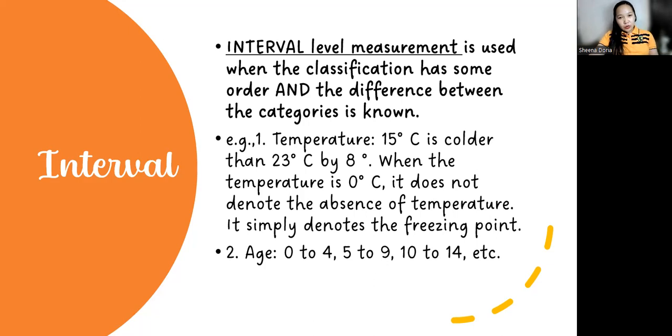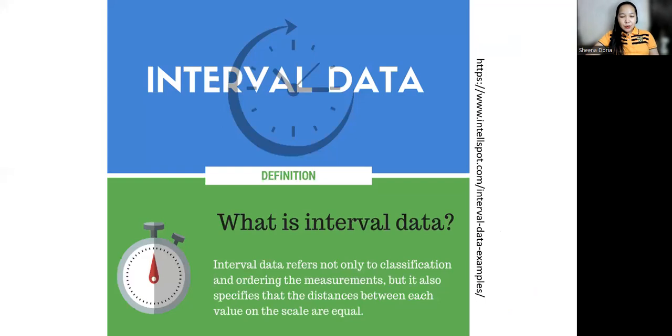Okay, so temperature in Celsius and in Fahrenheit has no absolute 0 point. So pag sinabi natin 0 degrees is just a freezing point, and it does not indicate the absence of temperature. Okay. So interval data refers not only to classification and ordering of measurements, but also specifies the distance between each value on the scale, and the distances between each value on the